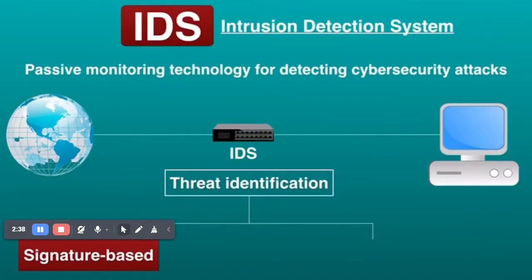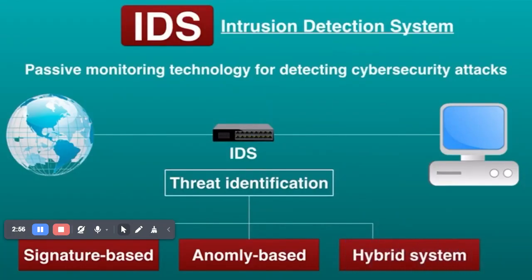Signature based IDS uses a library of signatures of known threats to identify them. It is similar to antivirus software. Anomaly based IDS builds a model of normal behavior of protected systems and reports any suspicious activity. Finally, hybrid systems use both methods to identify potential threats. Anomaly based systems are typically more useful than signature based ones because they are better at detecting new and unrecognized attacks.